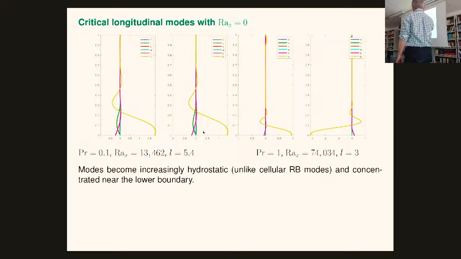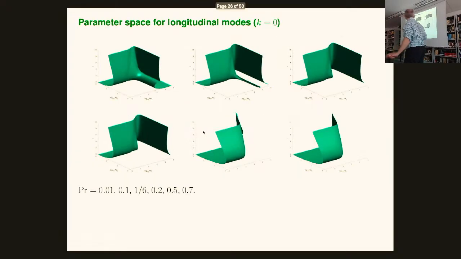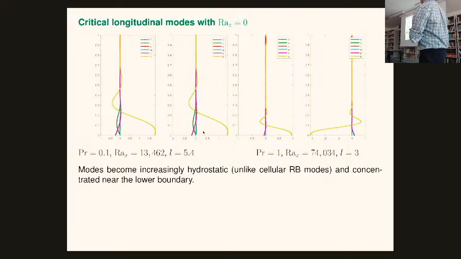This is what the modes look like. This is Rayleigh Z equals 0, so this is along this horizontal axis. These are marginally unstable, so their Prandtl number must be small enough. I've forgotten what I used. There we go. Prandtl number is 0.1. So my horizontal Rayleigh number is 13,000. And this is Prandtl number 1. Yes, so I can find unstable modes for Prandtl 1. It's just that the Rayleigh number is very large.